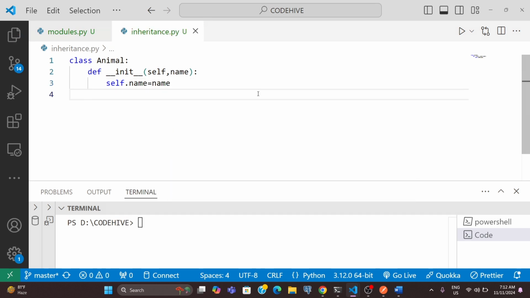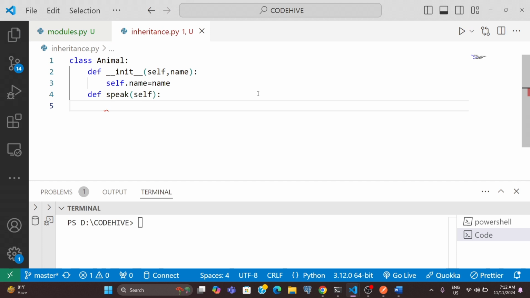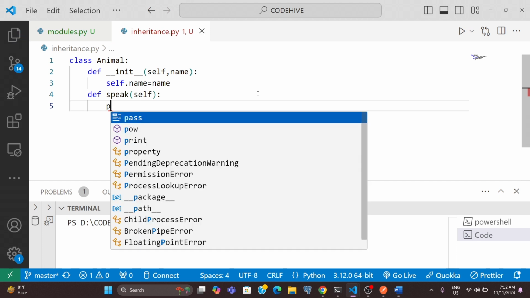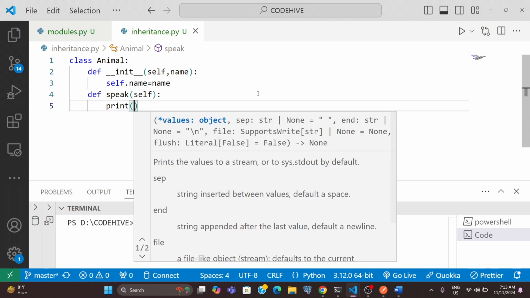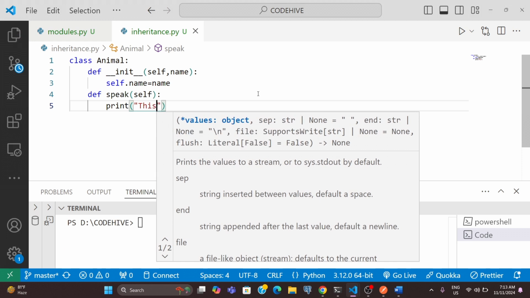Inside this Animal class, I'm going to write a method speak. Here also the argument is self, right? We know that whatever function we write inside a class, the first argument will be self. Instead of self, we can use some other name, which is okay, but it is good to keep with self. So here I can print some common message like, this animal